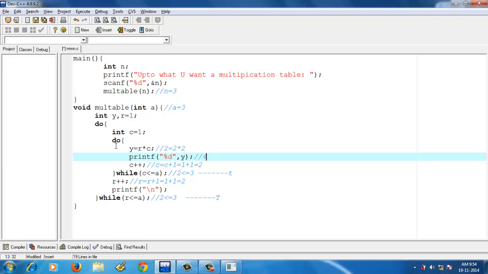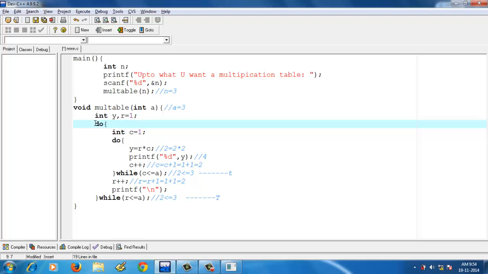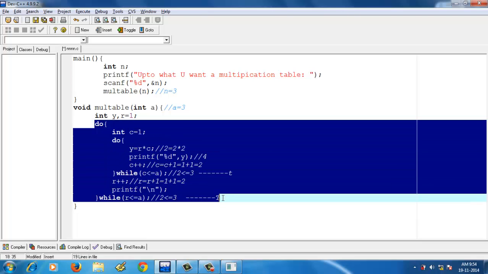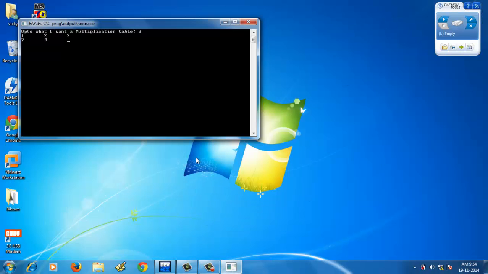In this way this do while loop is performed to write the function multiple table in the output screen. Okay, in this way.